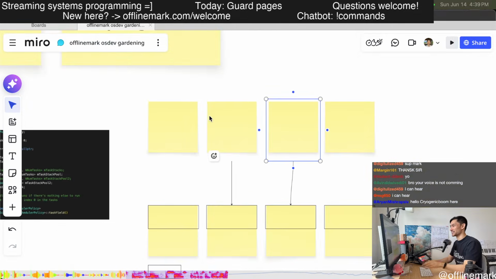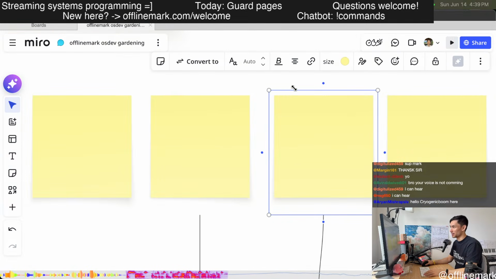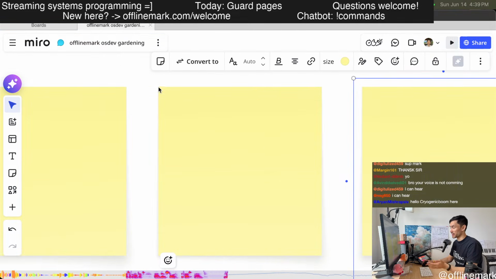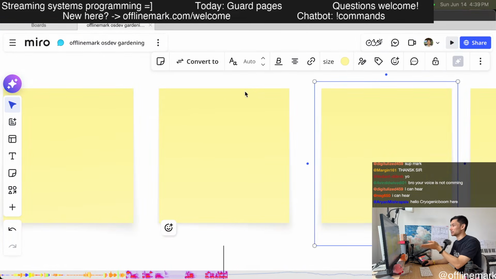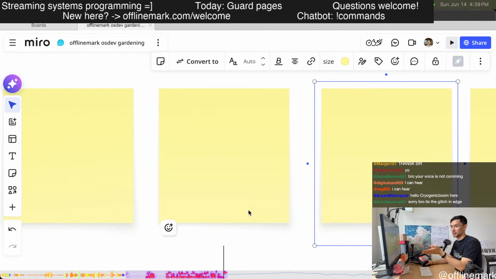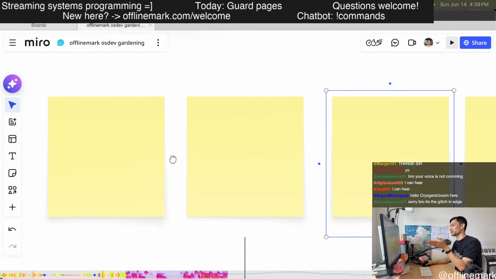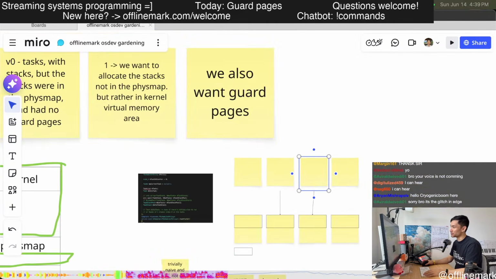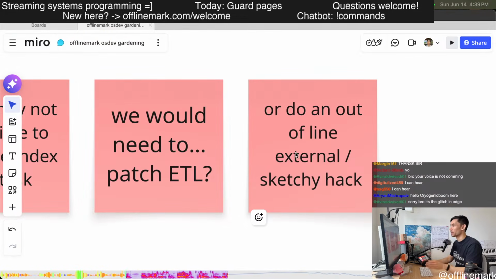And it is not necessarily the size of your object being stored, because that is an implementation detail of ETL, and it can choose to pad things as it likes. So you don't actually know. You either need to make some guesses, or hard code something, or read something in order to actually do this externally. But it is an option. That's what I mean here: you can do an out of line external sketchy hack to add some kind of API for getting the index of an element in a static list.